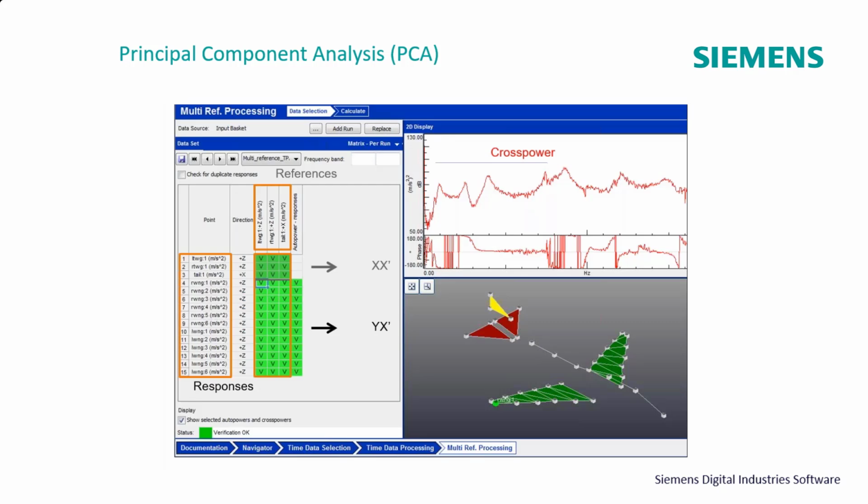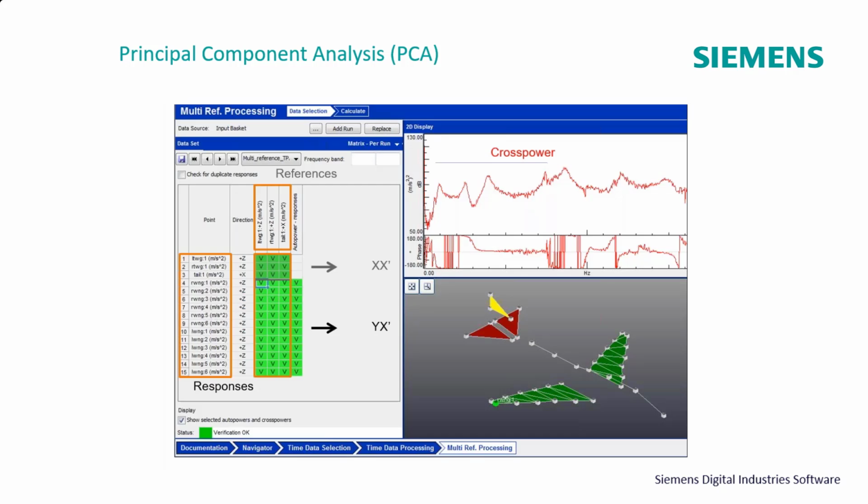So I would display my reference auto powers across all my runs and make sure my runs are consistent. If you're on a dyno, that's probably fairly simple to do. But if you're driving at a test track, you want to make sure you're on the same portion of the road and the same part of the lane to try to help with that repeatability. So this worksheet does check for that.